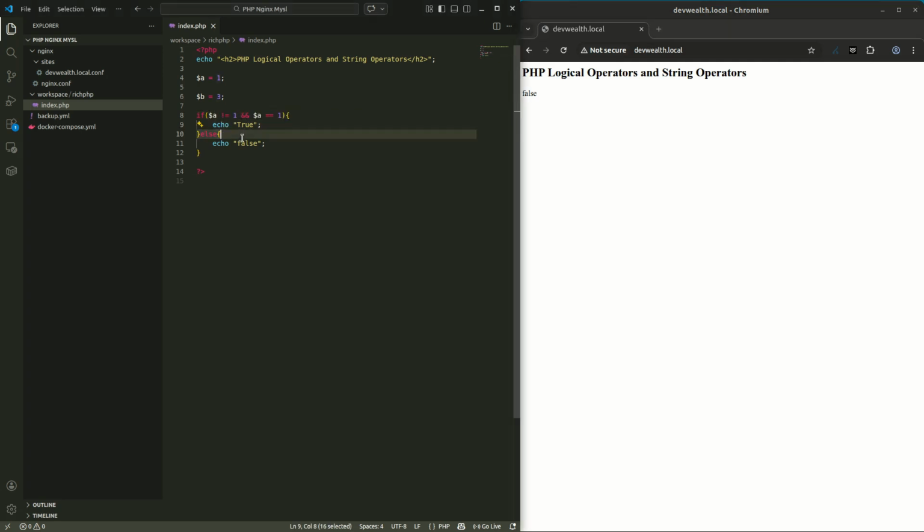Let's understand with another example. Let's just say a is equal to 3 or b is equal to 4. Okay, now let's just say 1 here, because I need the first condition to be true and the second one false. Now